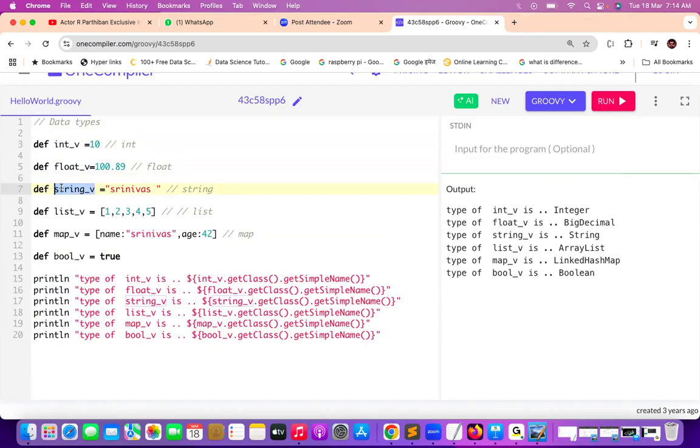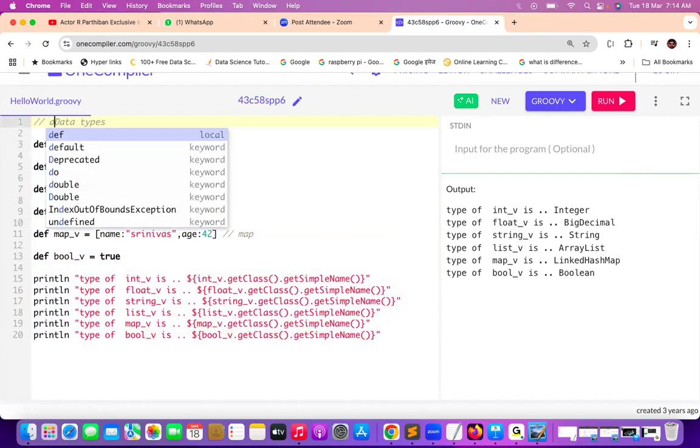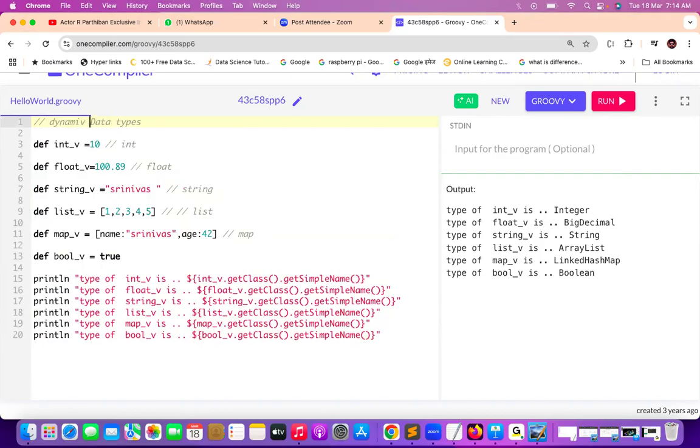DEF is common for the dynamic data type. లేదు, ఐ వాంట్ టు గో విత్ ద స్టాటిక్ డేటా టైప్, అంటే దిస్ ఇస్ డైనమిక్ డేటా టైప్. డైనమిక్ డేటా టైప్ డిక్లరేషన్. అదే మీరు స్టాటిక్ డేటా టైప్ డిక్లరేషన్ అనుకోండి,